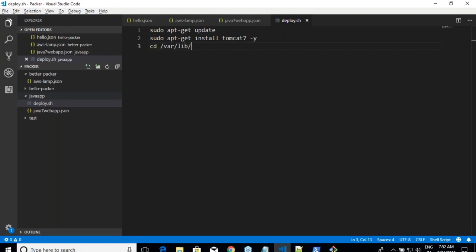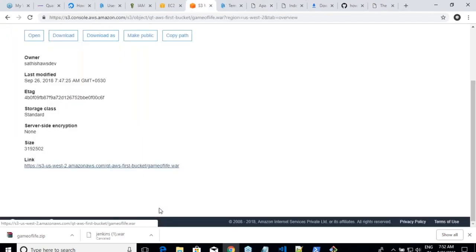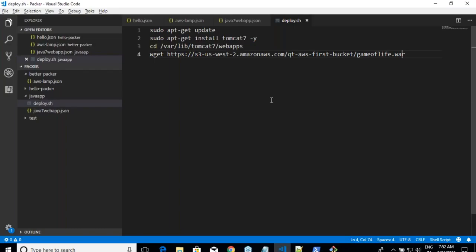If you remember, these were the exact manual steps I did a couple of minutes ago. And then sudo wget, and this was the link, right? And now after this probably I need to restart Tomcat, so sudo service tomcat7 restart.